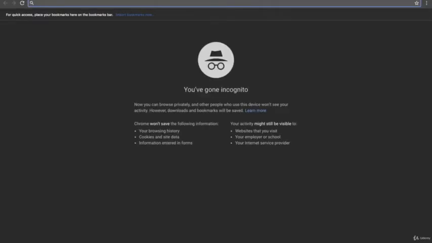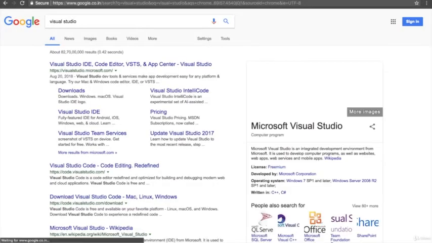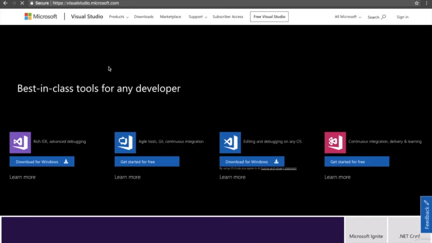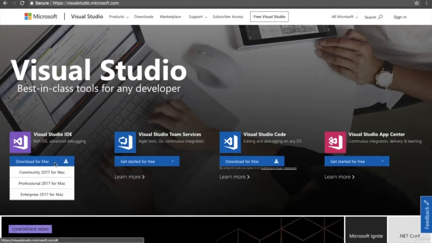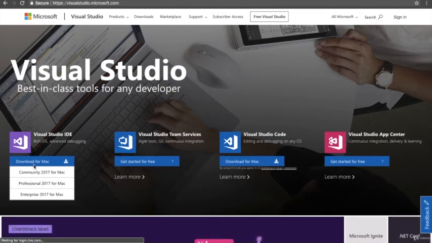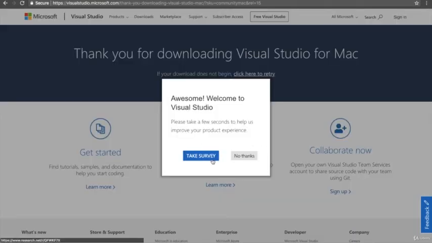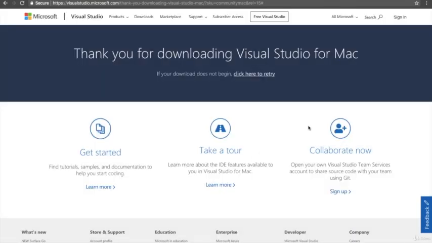So I am going to use the code editor Visual Studio. You need to type Visual Studio on Google, click the first link, and it will ask you to download. Over here I am getting the download for the Mac. So I am going to download Community Edition. No thanks. Right over here I am getting a link, View Visual Studio. I click this link,